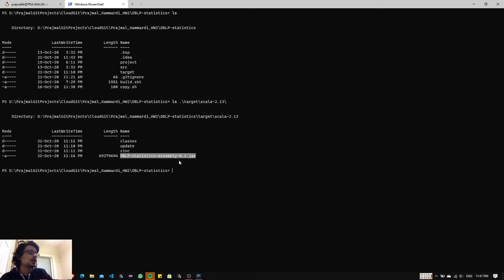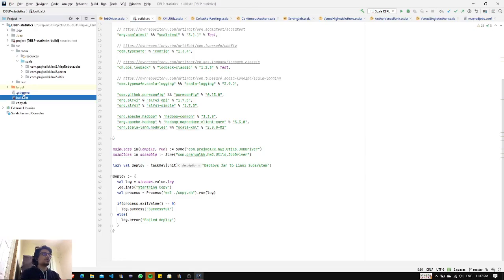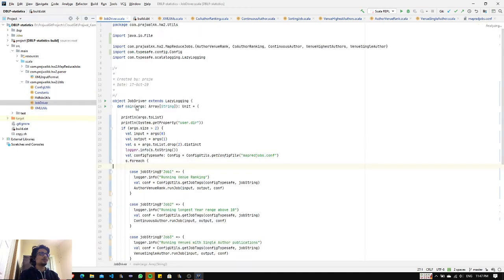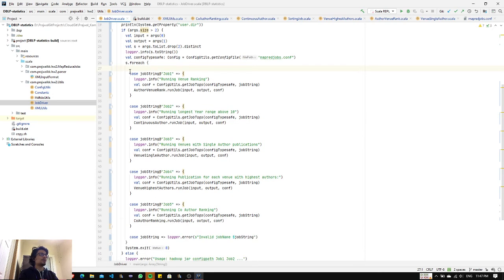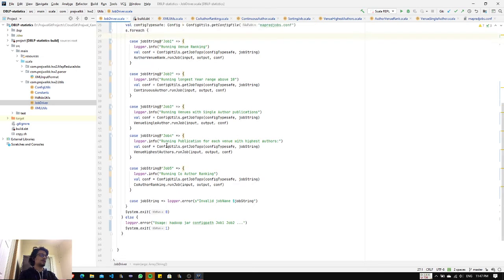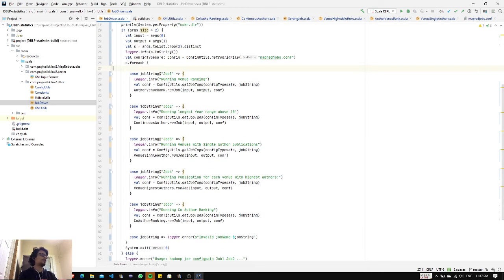The way my project works is, let me show you the job driver. You pass more than two arguments: one is the input folder, one is the output folder, and the rest are the jobs. There are 5 jobs, so you can put 5, or just one.